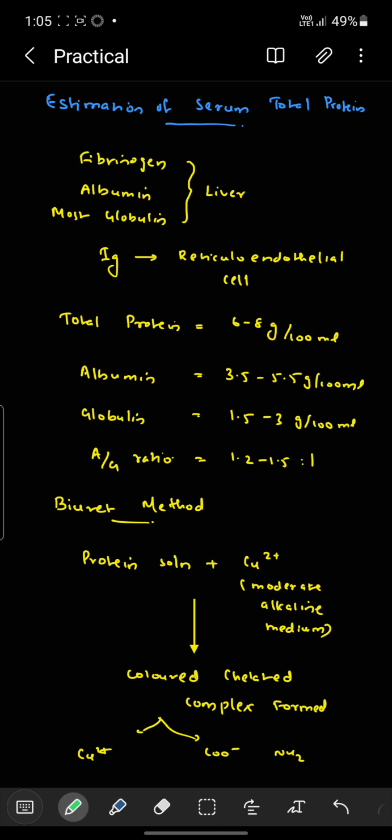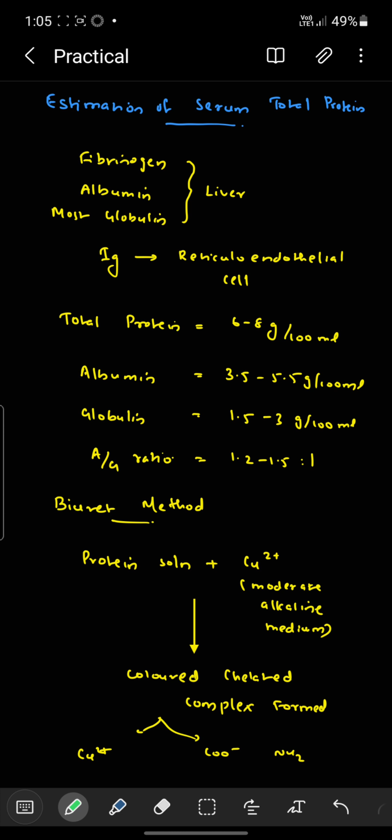So, the estimation of total serum protein. Normally the proteins, which are fibrinogen, albumin and most of the globulin, are produced from the liver. There are certain proteins such as immunoglobulins which are produced by the reticuloendothelial cells. In our body, the normal range of total protein is 6 to 8 grams per 100 ml, and albumin is